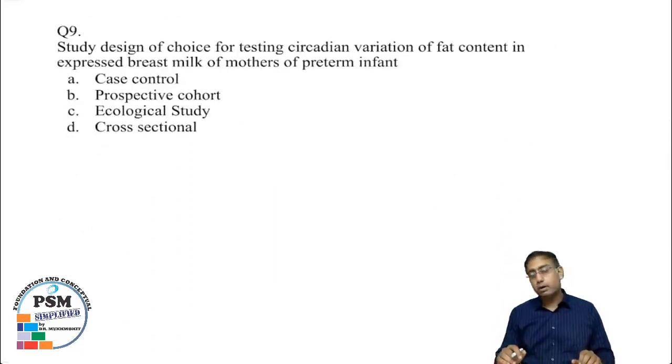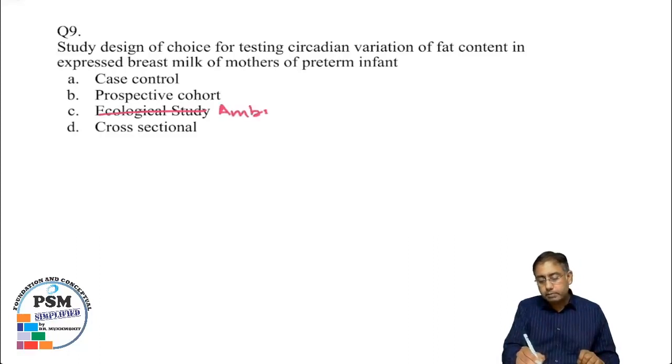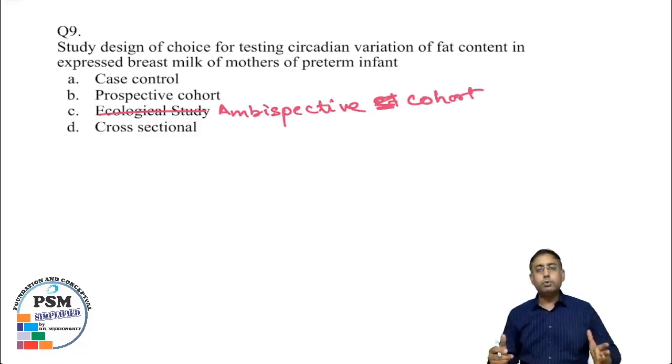Question 9. So you've got a lot of questions on biostats. Study design of choice for testing circadian variation of fat content in expressed breast milk of mothers of preterm infants. Case control, prospective, ecological, cross section. So I've got an update that probably this is not ecological, it was ambispective study, ambispective cohort. So this was an option change. So anyways,